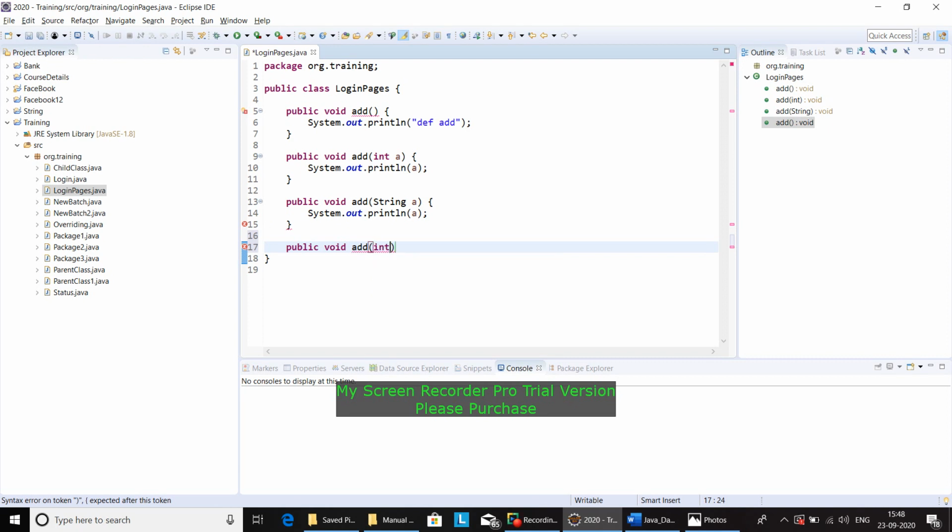Now I am going to give int a comma int b, open braces, come here. Now print, what shall we print? Let's say I need the a plus b value. Okay, then